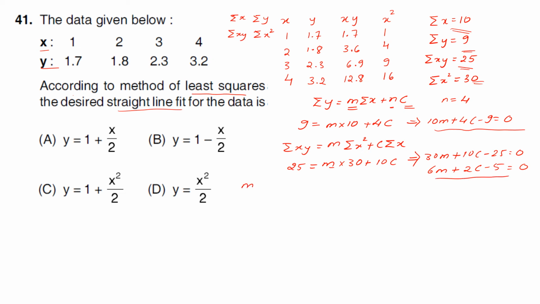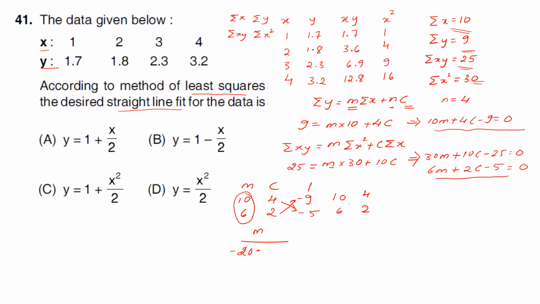So m, c, 1. The coefficients of m in both equations are 10 and 6. Coefficients of c are 4 and 2. Then the constants are minus 9 and minus 5. And repeat this again: 10, 4, 6 and 2. So cancel this. m divided by 4 into minus 5 minus 2 into minus 9. So 4 into minus 5 is minus 20,